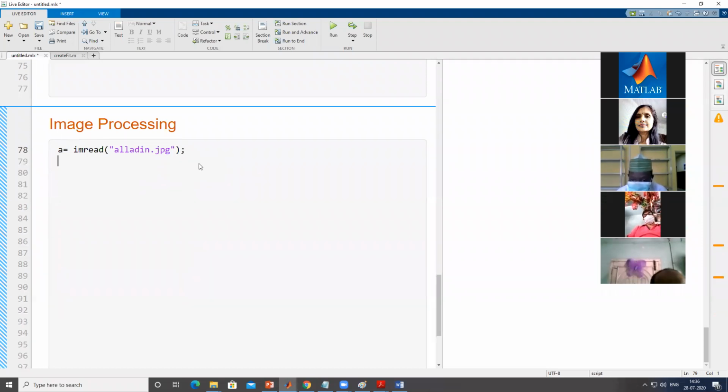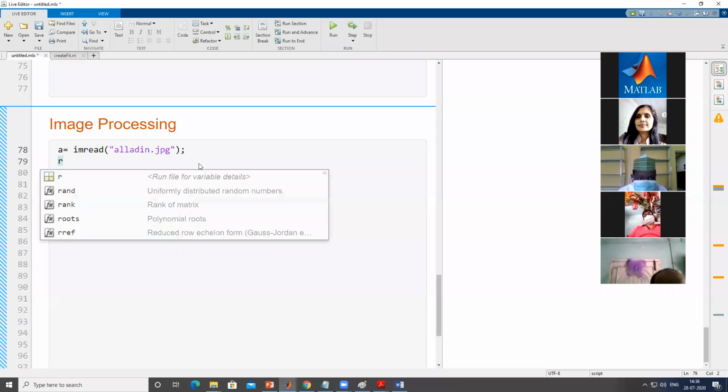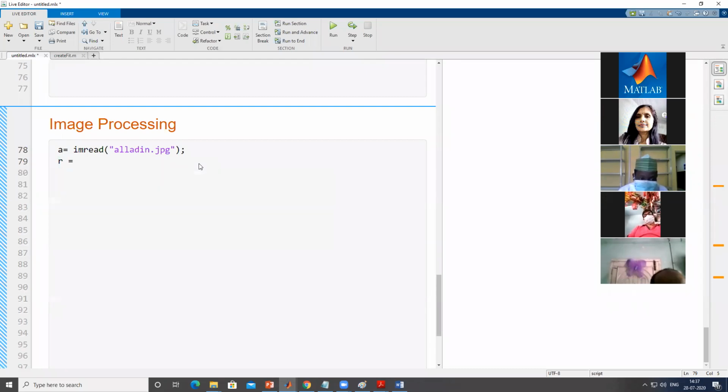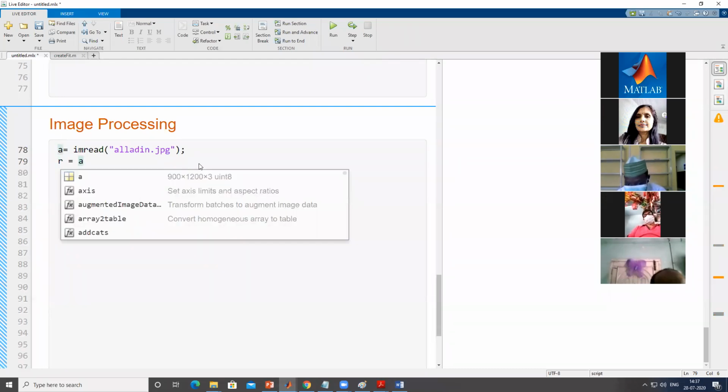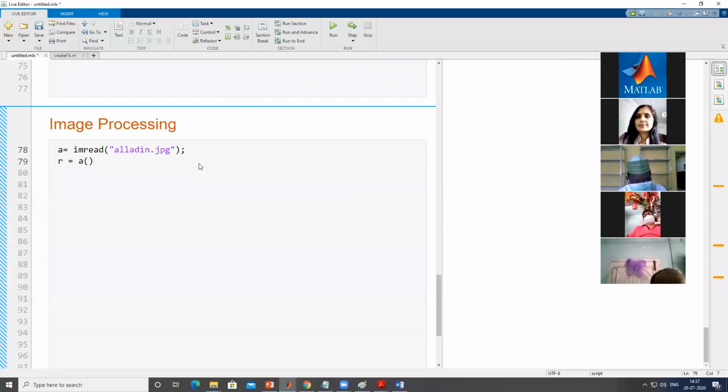Say I want to see each layer's information. Okay, so the red layer, say I denote the red layer with the R variable. I will write the code as I have to extract it from the parent matrix A. So remember, in the first session of the first day we discussed how we can extract a particular layer or particular child element from the matrix. Here I want the information of the complete row, so I'll use the colon sign.